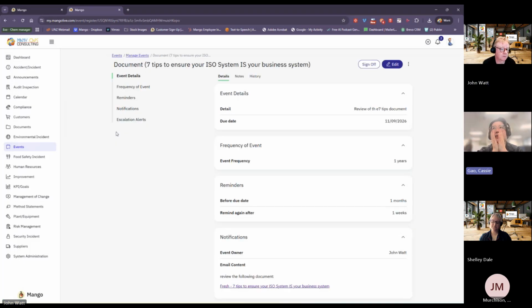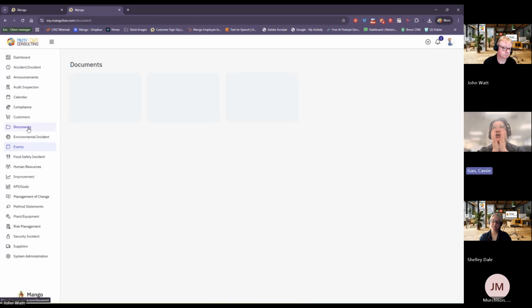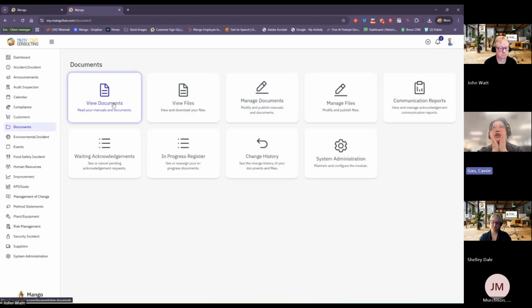Are we able to manage documents and files in bulk? Like, can I bulk archive documents or bulk archive files, or if I want to change the review due date for 3 documents or 3 files, am I able to do that at the same time, or do I have to go to every single file and change it? You would have to go to each file individually.